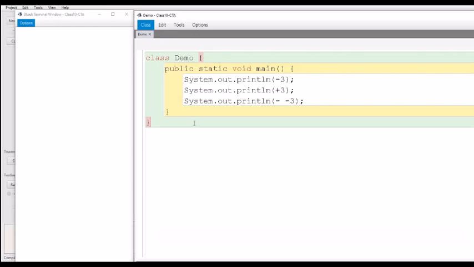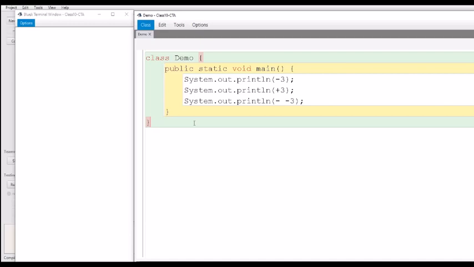In the main function, I have written 3 statements: system.out.println of minus 3, plus 3 and minus space minus 3. Please remember, I did not write double minus, I have written minus space minus 3. The first line says minus 3; the minus is a unary operator, making 3 a negative number.